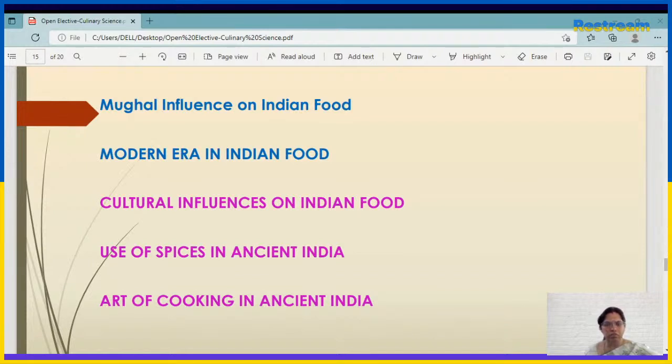Then in East Indian food, you have rasgulla, sandesh, cham; basically they are vegetarians, and West Bengalis also have a love for fish and seafood. Then South Indian food is mainly idlis, dosas and upma based on rice and steam cooking. The influence of foreign countries we have already seen.